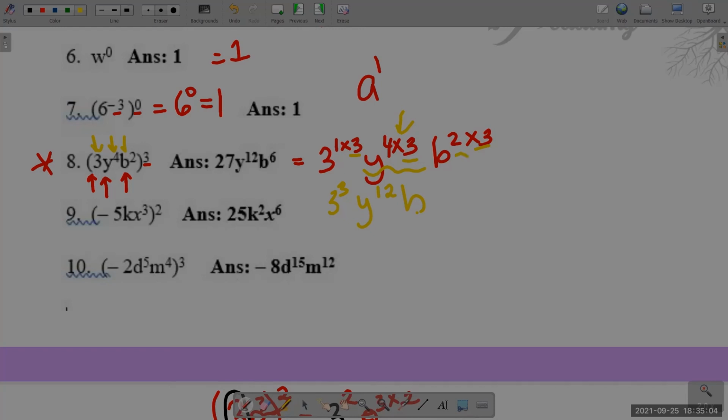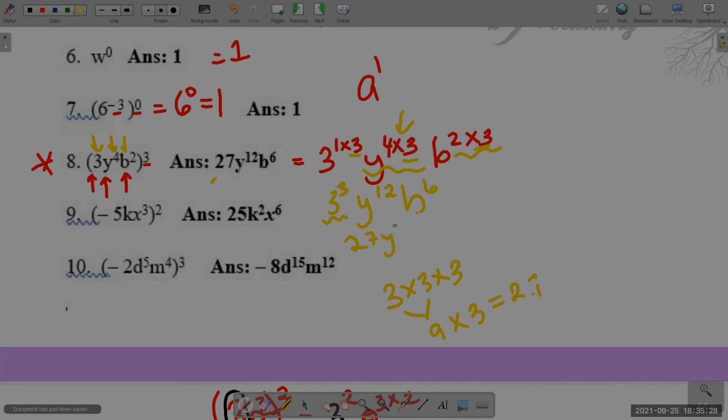What would be my power for the b? 2 times 3 is what? 6. But the only thing is that we're not done, because the truth is we could calculate 3 to the 3rd power. 3 to the 3rd power means 3 times 3 times 3. 3 times 3 is 9. 9 times 3, 27. So that's how they get 27